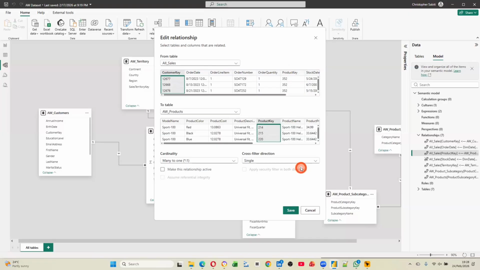If it is the product key, let it be product key in every table it appears. Because when you call it a product key here, and in another table you call it an item key, in another table you're calling it an SKU key, it means it will be hard for you to relate when you're creating relationships in